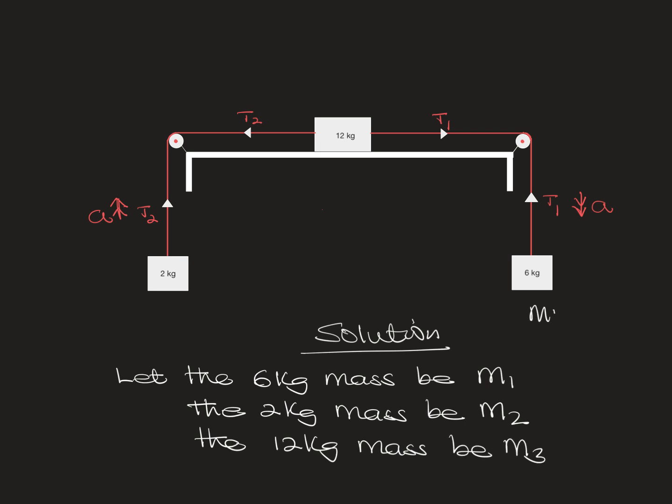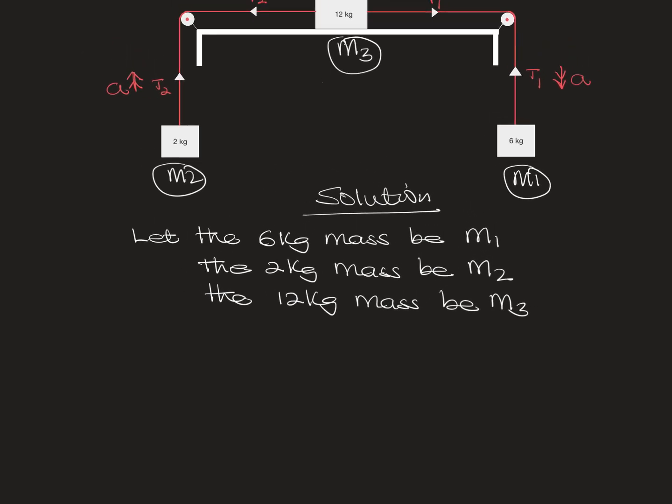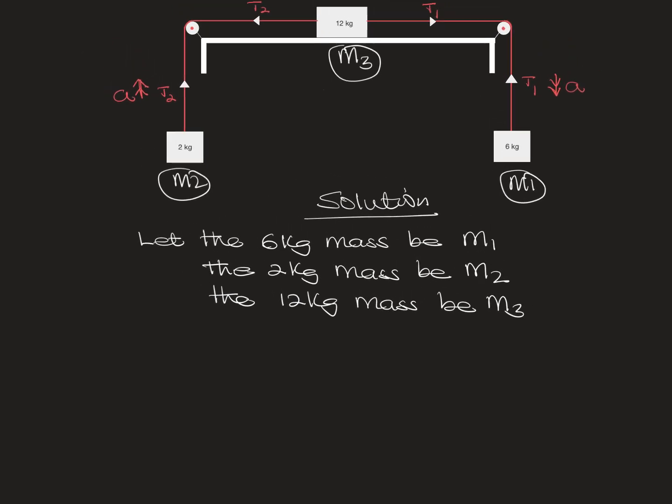So this is M1, this is M2, and this is M3. For the 6 kilogram mass, which is M1, if this system is to accelerate, we've said that